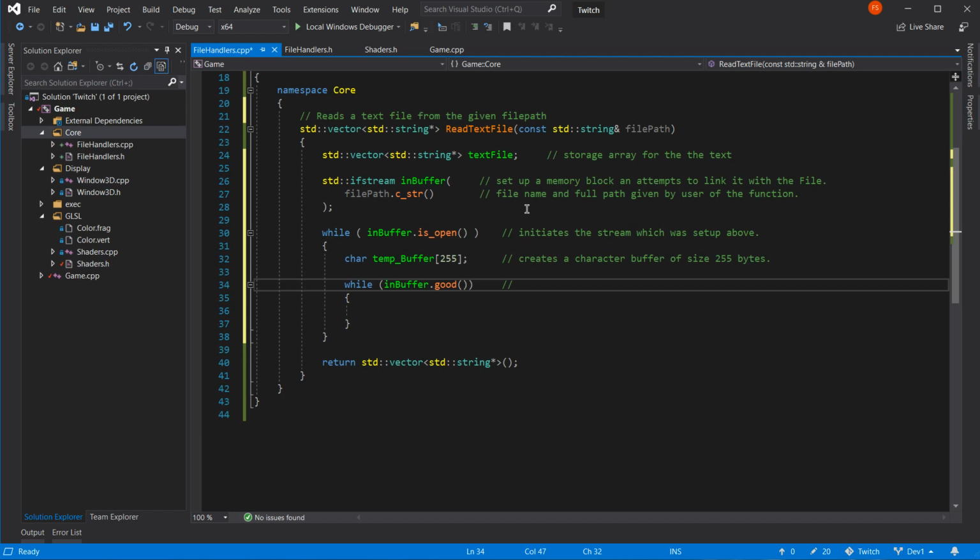Normally people would write here not in buffer dot EOF brackets. I'm not going to do that because I want to run this on Linux as well. And on Linux, you can get an end of file marker at the beginning of a file or anywhere inside a file. The end of file marker is not just at the end of the file. So a text file can report itself as empty even though it's got text in it.